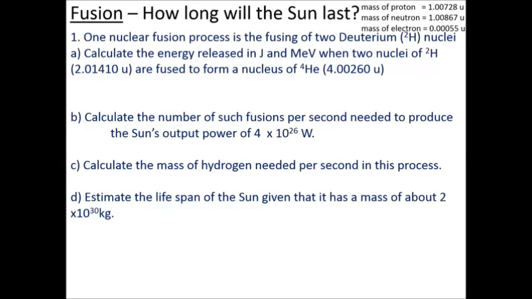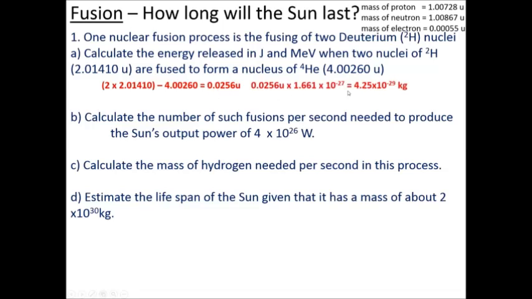We'll base it on the Sun. We've got some information up here. One nuclear fusion process is the fusing of two deuterium nuclei. Calculate the energy released when two deuteriums are fused together to form a helium-4 nucleus. Okay, so here we go. This is the two deuteriums. So 2 times 2.01410 minus 4.00260, which is the helium, and we end up with a mass of